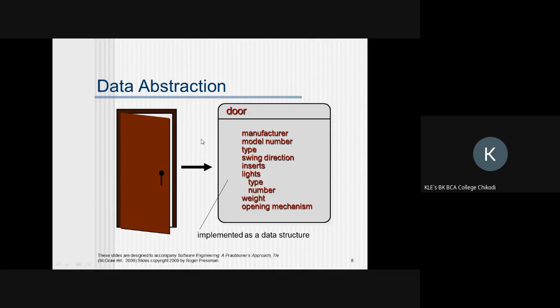Only the required items we can show. For example, if you are considering a car, the riders or end users of the car know only riding, but the inner build is known by the mechanic only. Like that, some of the things are hidden. Here also in computer science, data abstraction is required for protecting the information.